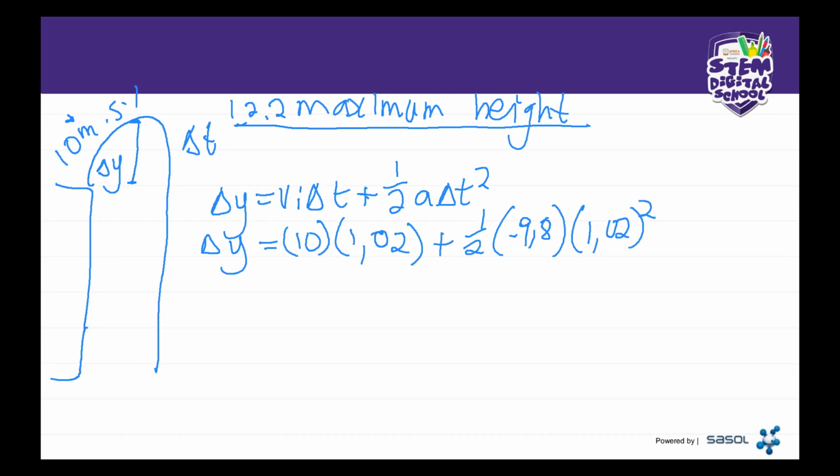Okay, so we've substituted everything that we have, and now we can find the answer. When we take 10 times 1.02,